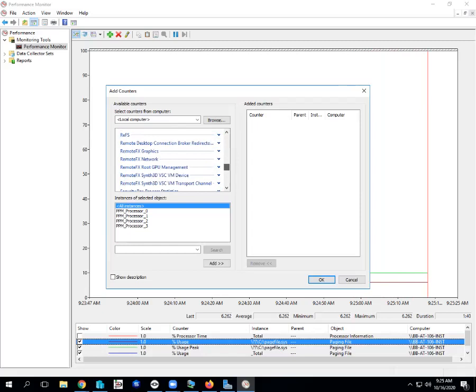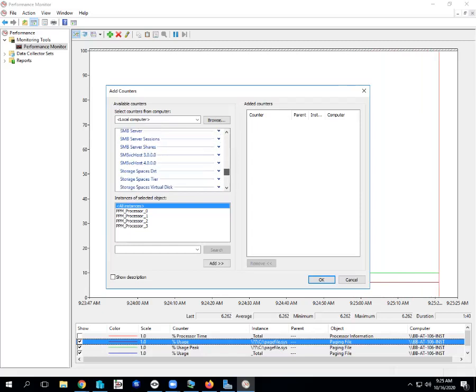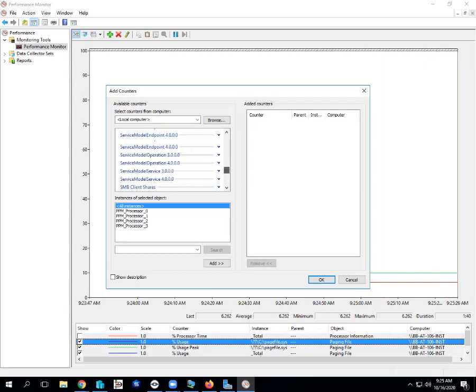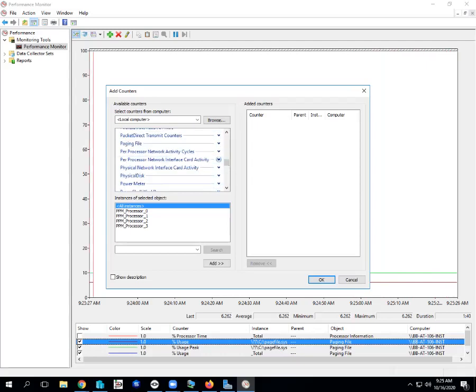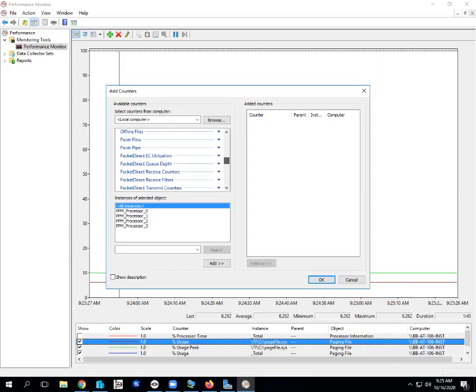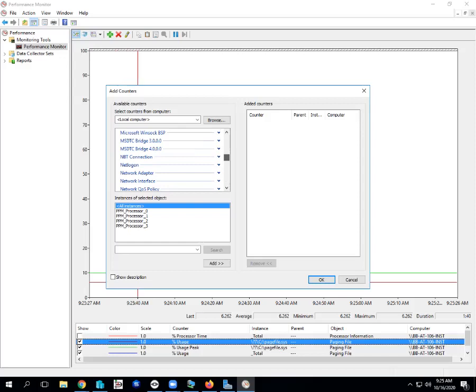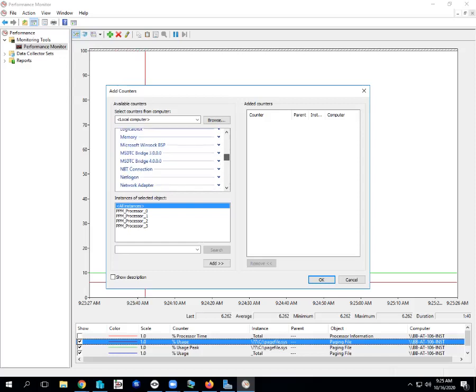But yeah, there's just tons and tons and tons of stuff you can monitor. What to monitor is basically what your system's doing and what you need to look at for problems in your system. Let's find memory here. So if you're monitoring memory,